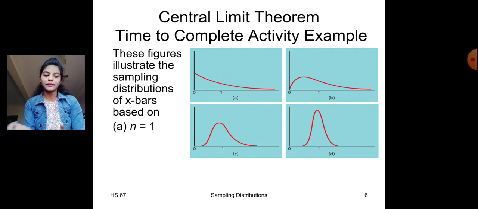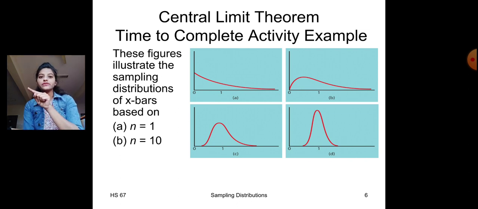So in the previous slide, what we discussed will result in picture A. This will be like 1 person, and the standard deviation will be 1 and the mean will also be 1. In the second one we have taken n equals 10. So when we are increasing the size of the population, what is happening? The graph is slightly moving upward and coming down. This is showing the normality.